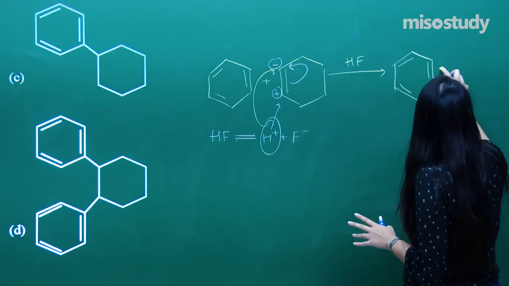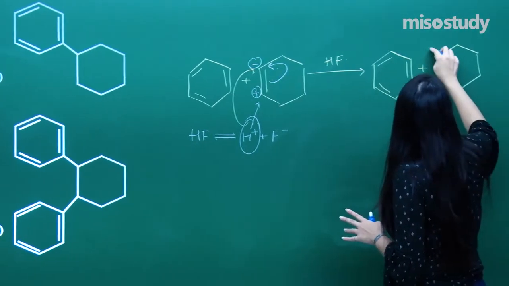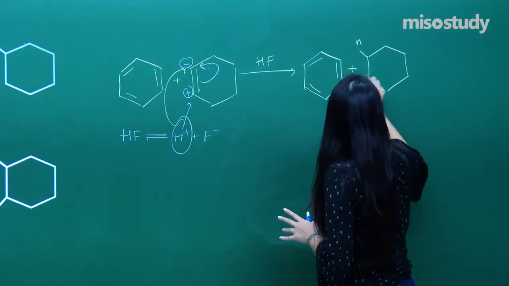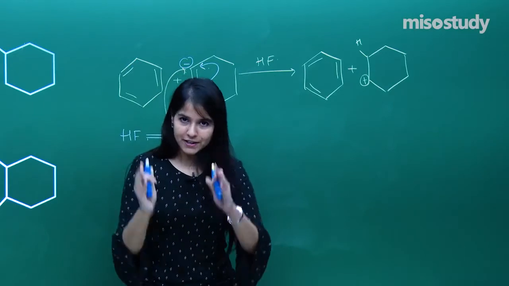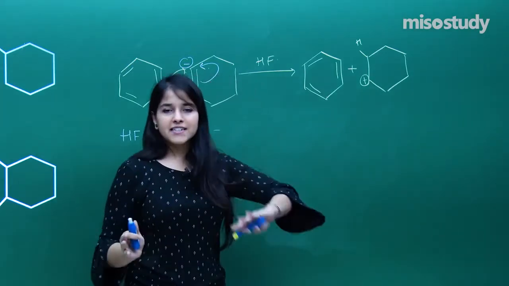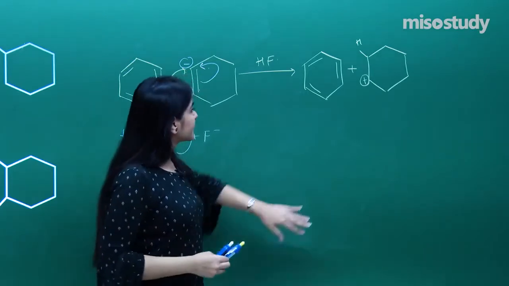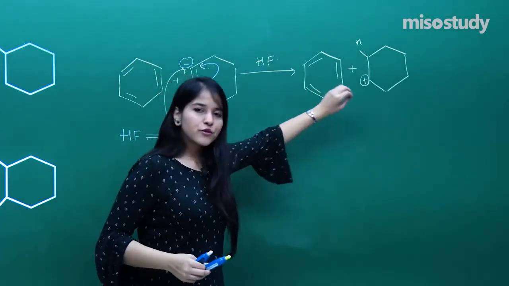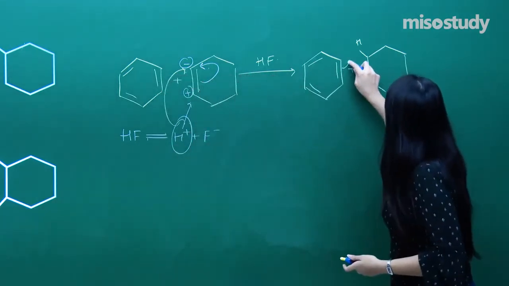A benzene again, along with a hydrogen and a positive here. So that is what we have. Now what will be the final step? The electrophile always attacks on the electron density. Now where is the remaining electron density present in the reaction? That is on the benzene ring. So it will definitely react over here. How? Again a similar kind of process.